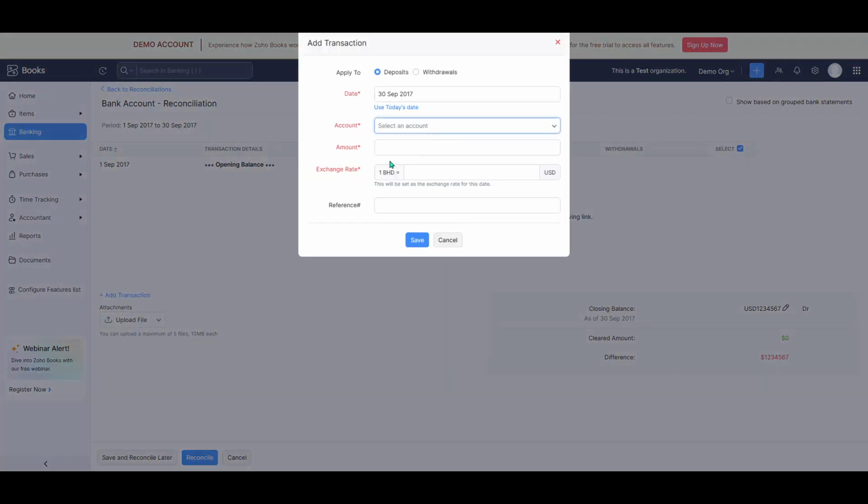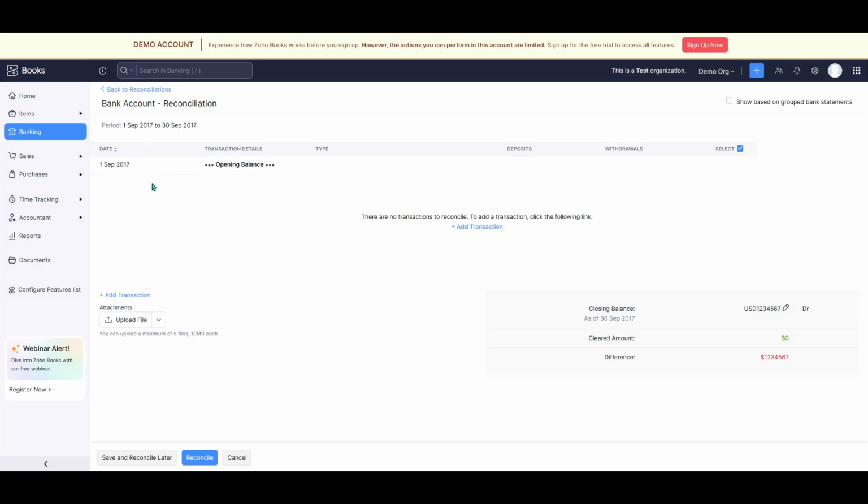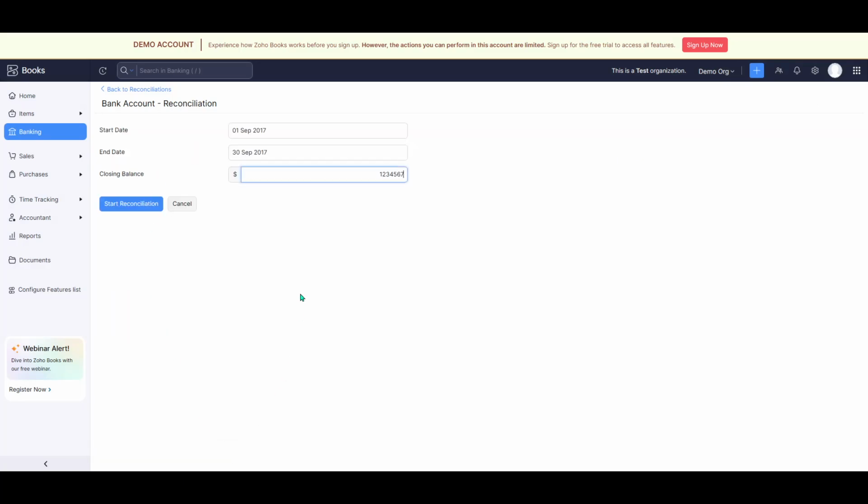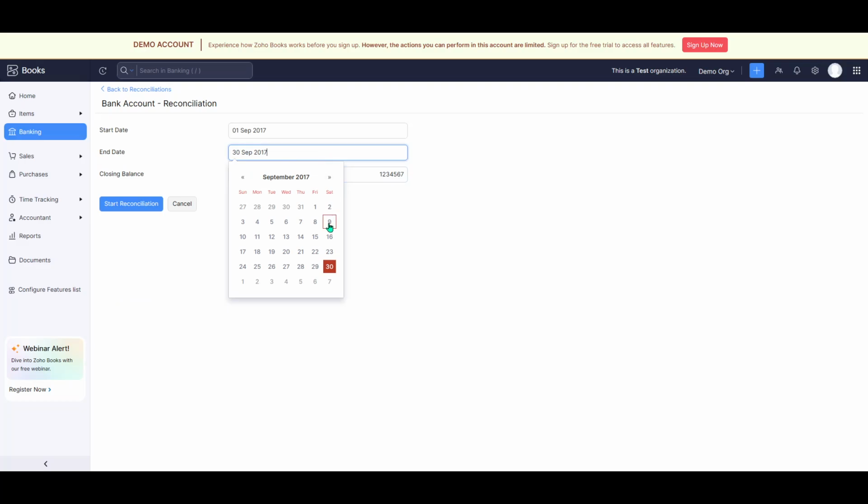When everything looks right, click Start Reconciliation. This creates your reconciliation session using the balance and end date you provided. If the numbers don't align with your recorded activity, Zoho Books may show a difference. In that case, review the statement end date and closing balance you entered, and ensure you're reconciling the correct account